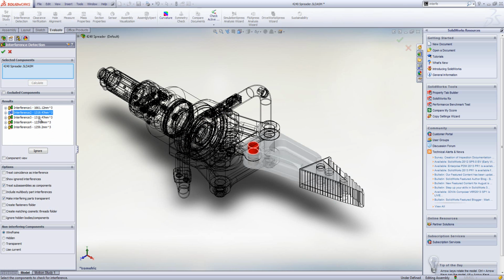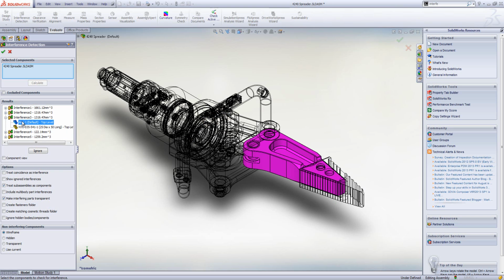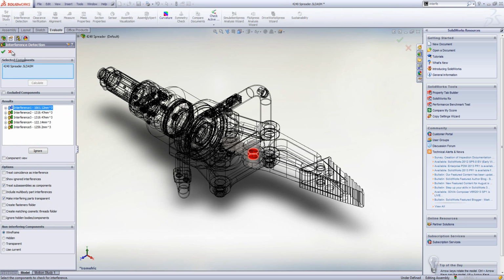Now these three look as though they're all caused by a bolt, and in fact we can go into it and have a look, and we see the interference between the arm and that fixing. This is between the arm and the fixing again, so it's the top and bottom of the arm. And then finally between the link and that fixing again. So the problem's clearly with the fixing. So if I come out,